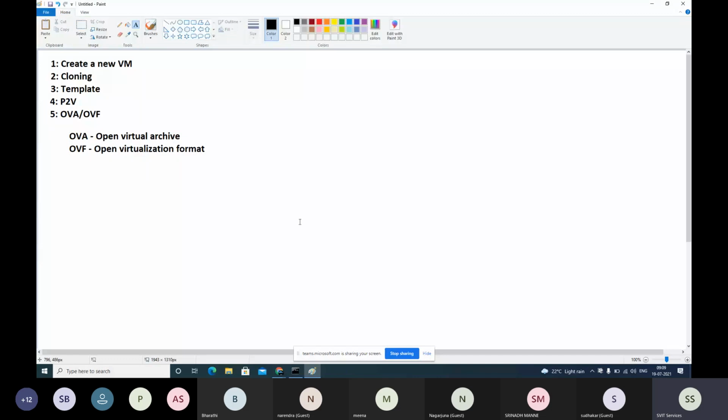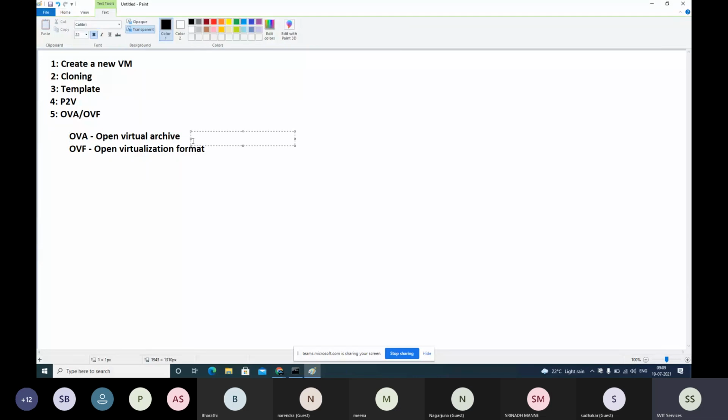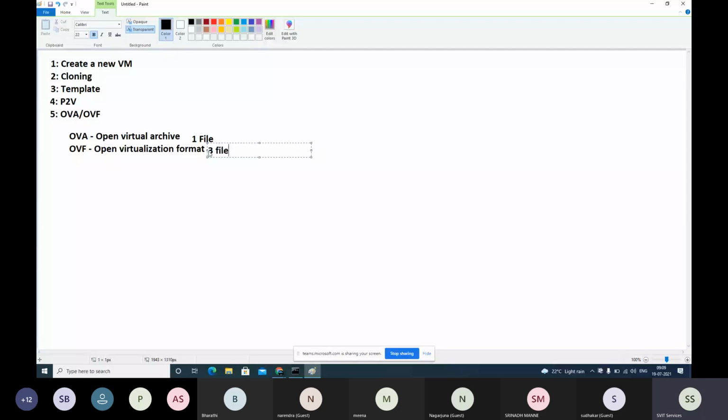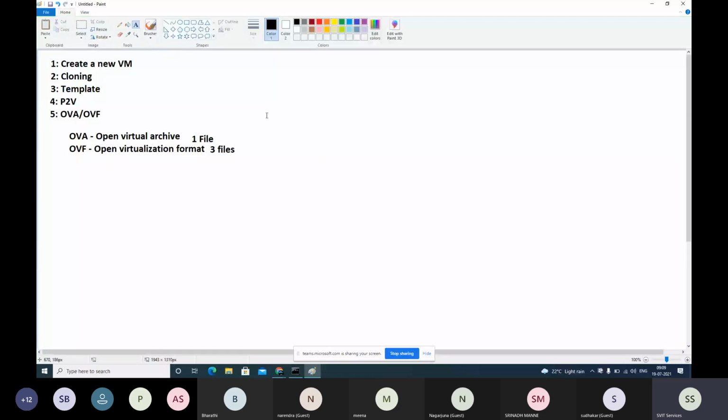So it will be one file itself, or it will be 3 files. It's like a ready-made VM. Somebody prepared this virtual machine for us.